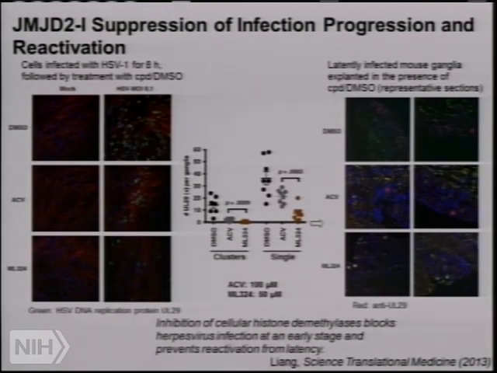In cell-based testing of viral replication, shown here on the left, the viral replication protein marker UL29 is shown in green. To briefly orient you, this is mock treatment with vehicle. This is actual infection with herpes simplex virus. DMSO treatment, you see lots of green spots showing basically that the virus infected the cells and replication is ongoing.